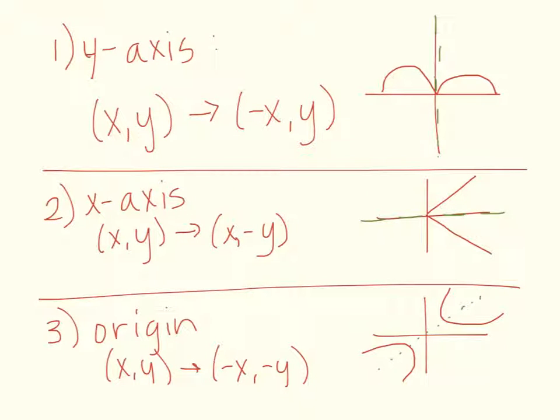So the three different types of symmetry that we're going to look for are y-axis symmetry, x-axis symmetry, and origin symmetry. So let's look at this. Y-axis symmetry basically means if you graph it, there will be symmetry along the y-axis. In other words, the left side will be equal to the right side, flipping over the y-axis. Now, for that to happen, your points have to be (x, y). They also have to have the points (negative x, y). In other words, for y-axis symmetry, your x's need to be opposites,